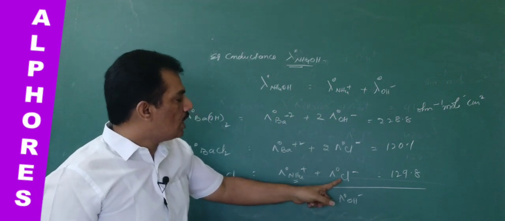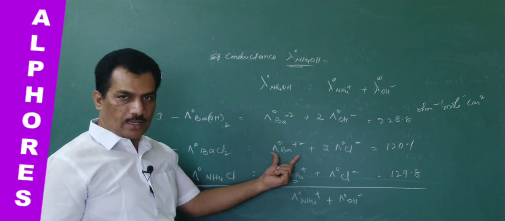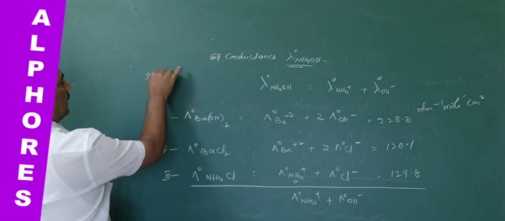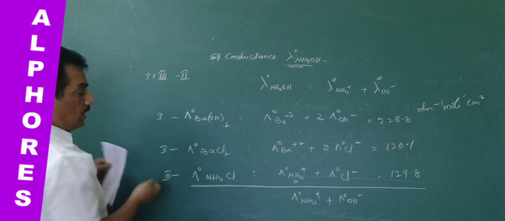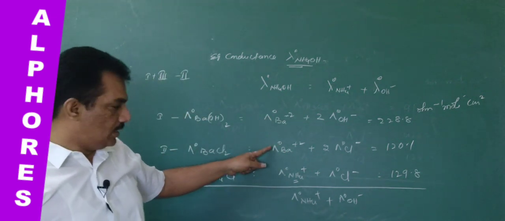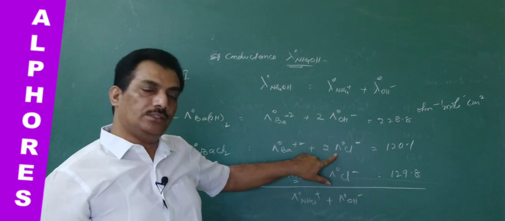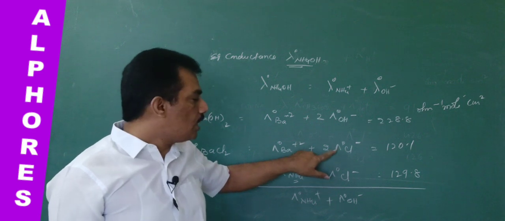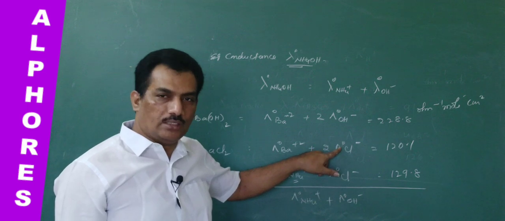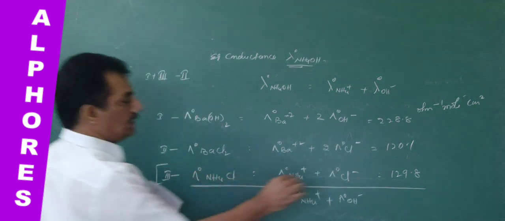So these two should not be present, and thereby we have to subtract this one. Clear? We try to subtract the second, and if you observe, barium will be cancelled, but chloride, here one chloride is present, here two chlorides are present, so it is not possible to cancel one chloride with two chlorides. For that purpose, first you make this twice the total,